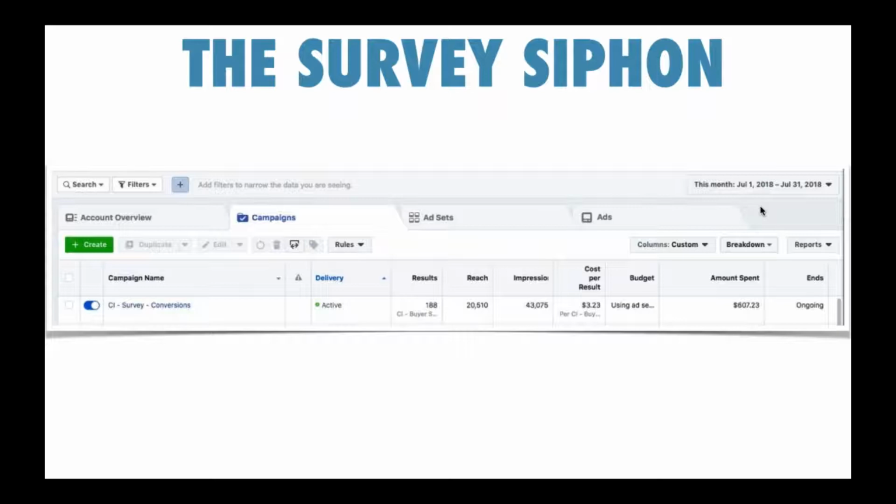I just grabbed this screenshot for you to show you. We've got $607.23 spent in ads. The leads that we're generating are $3.23 a piece. And we've had 188 people through that particular campaign. Now, keep in mind that cost per lead is going to go up as we run this particular campaign because we started with a very broad targeting, and now that we're bringing through the funnel, we're actually getting more and more specific with the targeting to increase the quality of the lead that is coming through the funnel.